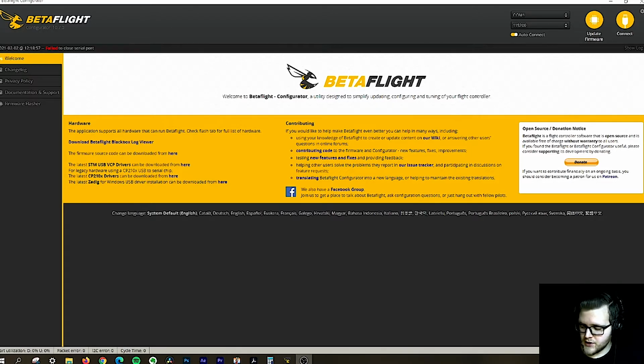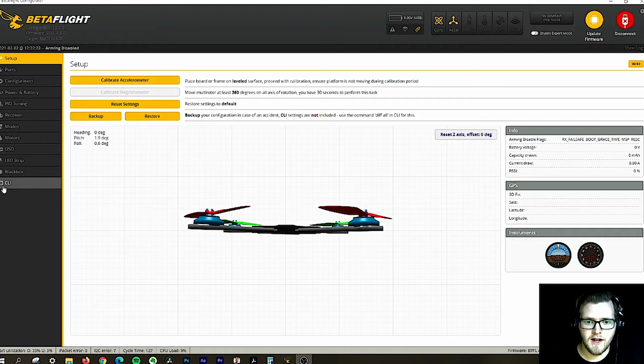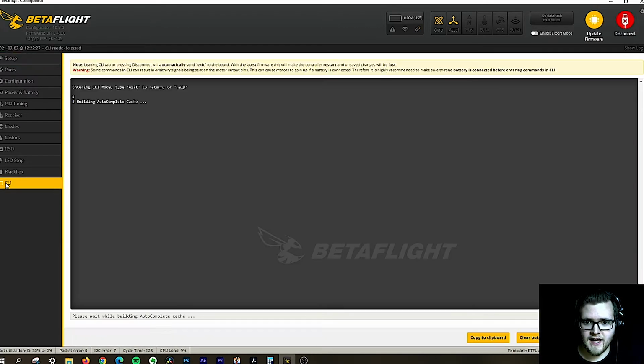So first off, we're going to connect our drone to Betaflight, and it connected here. And then on the bottom left here, we're going to have CLI. And CLI stands for Command Line Interface. So what we're going to look at here is right down here, either write your command here and press tab